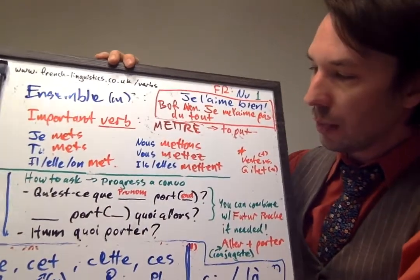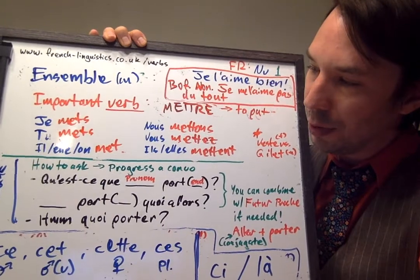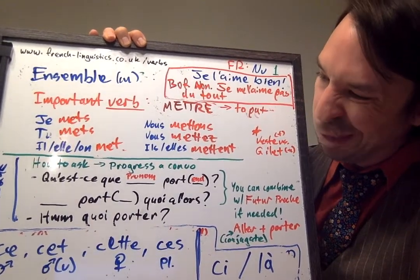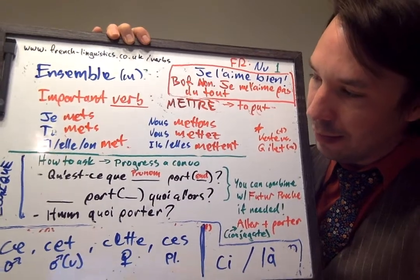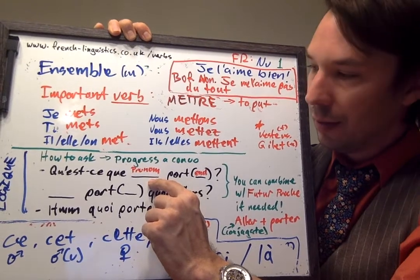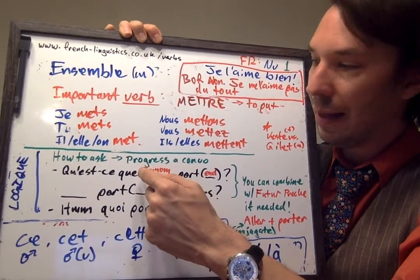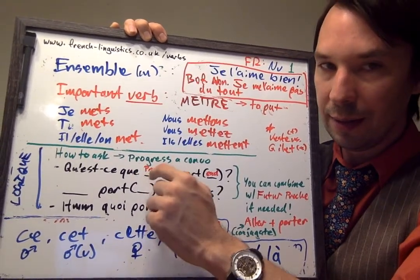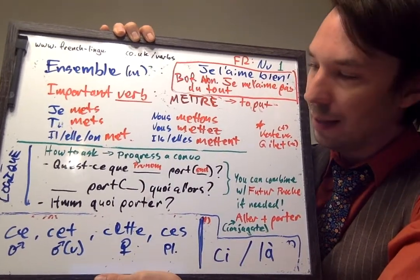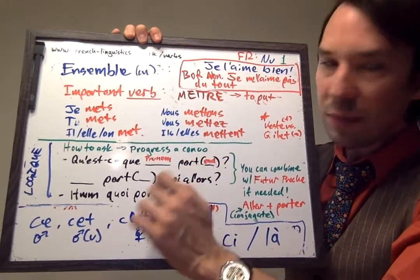And let's look at some other questions. Okay, so how to ask and progress a conversation. Okay, so some questions that I've got here are qu'est-ce que, and then fill in the blank with a pronoun. So qu'est-ce que il, qu'est-ce qu'elle. And with the il, you're going to remove the e and put in an apostrophe. So qu'est-ce qu'il, qu'est-ce qu'elle, qu'est-ce que nous, qu'est-ce que vous, qu'est-ce que tu,